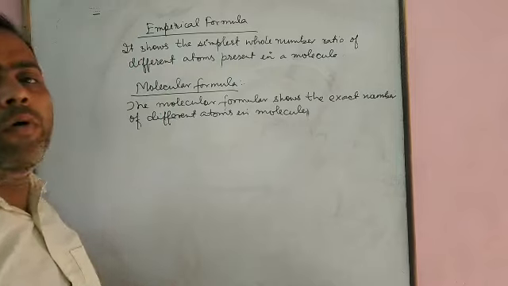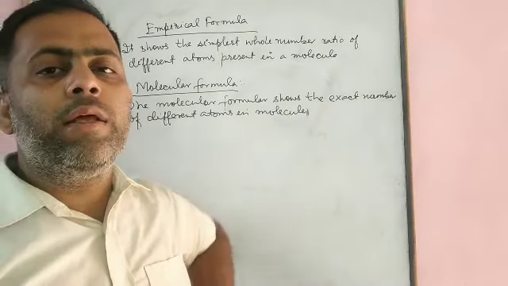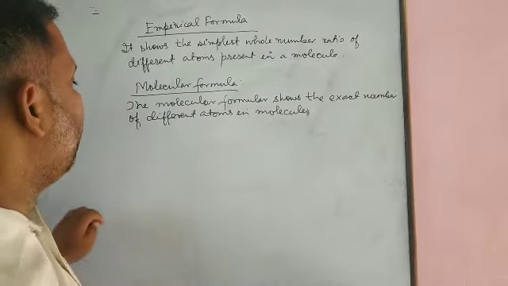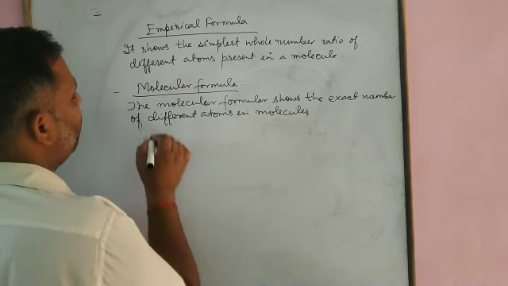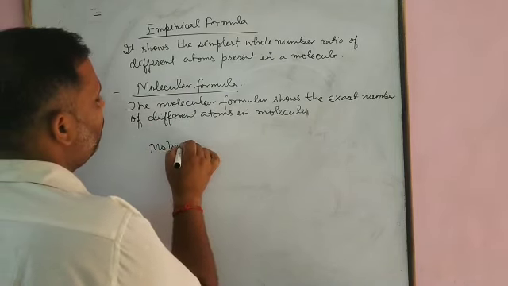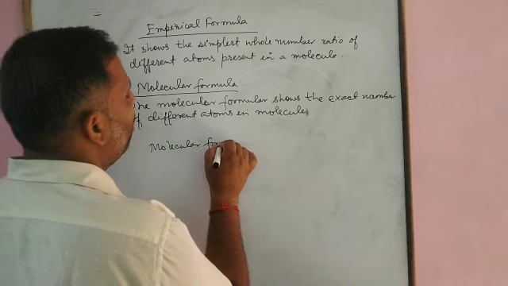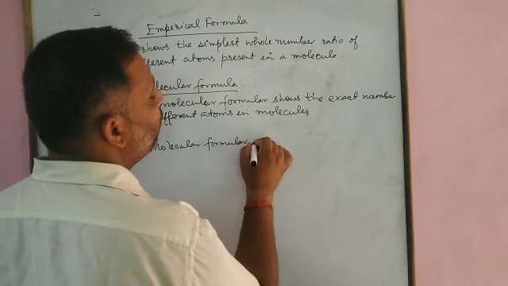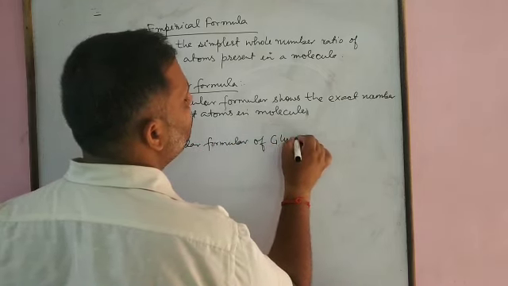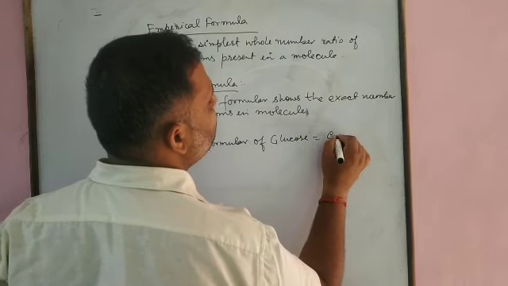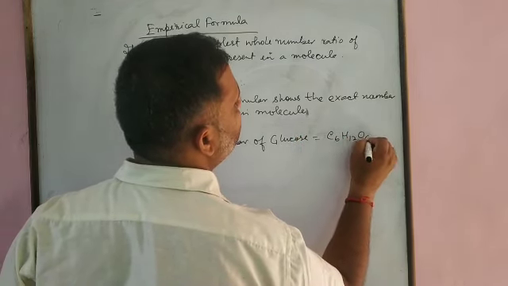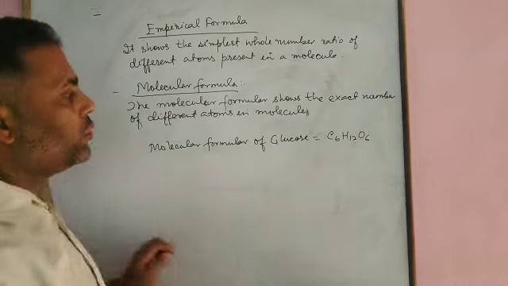It will be more clear to you by taking an example. For example, the molecular formula of glucose is equal to C6H12O6. It means it shows the exact number of different